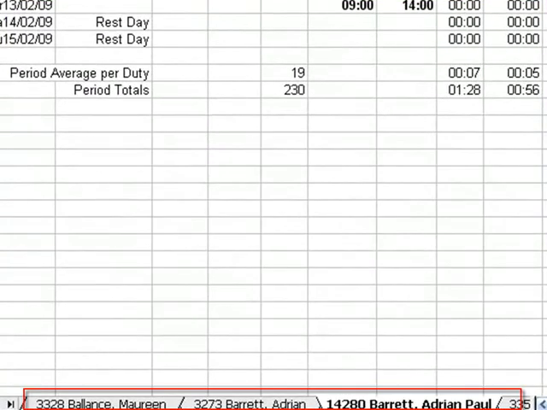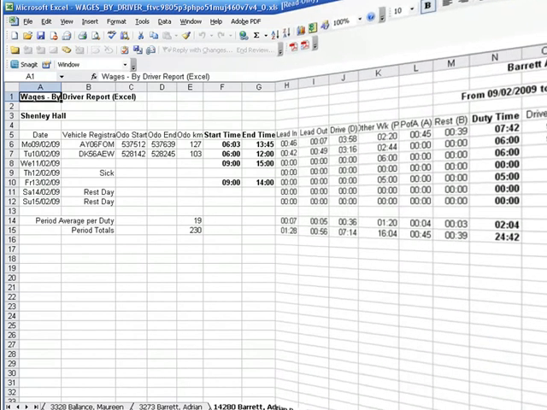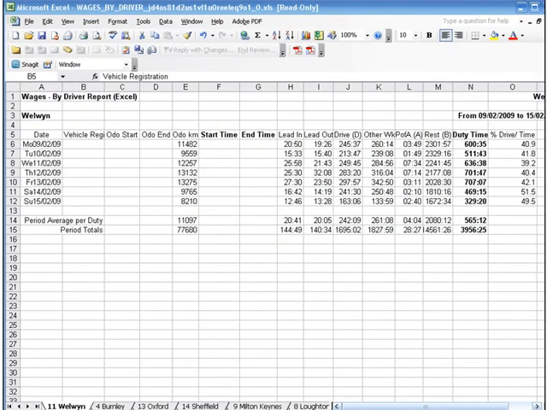Each driver will be created as a separate worksheet. If the range of drivers is very large, the TachoMaster system will split the spreadsheet accordingly. If the Group Sites option is selected, the spreadsheet will be created with all the totals reflecting the day totals for all sites, with a worksheet per site including the driver's range as specified in the selection screen.